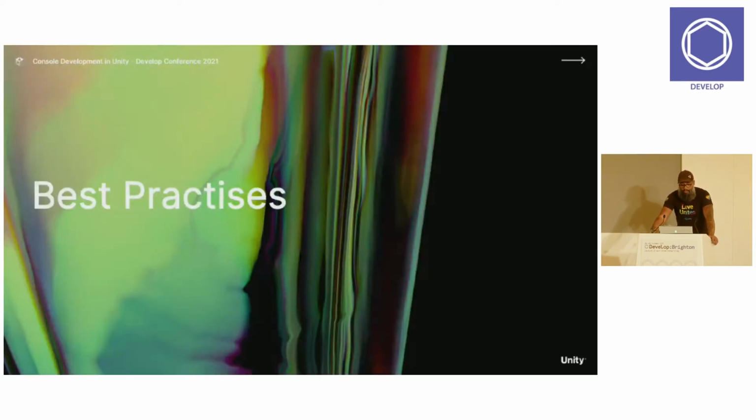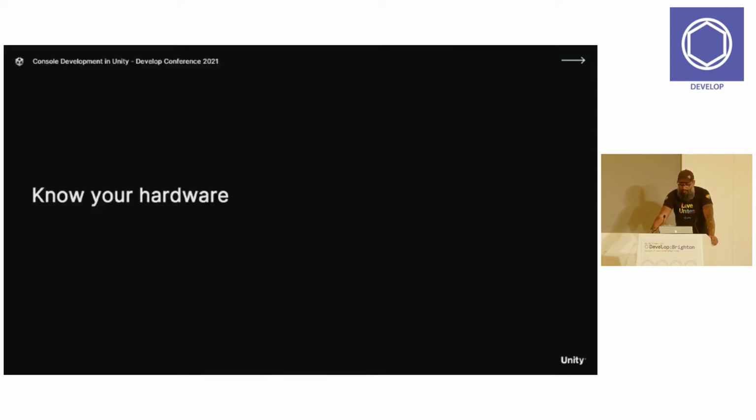So some best practices around development now that you've got your environment set up. Know your hardware. One thing that is really important is you need to understand the device capabilities of the actual machine that you're targeting. What works fine on PC is not likely going to work as well as you expect it to on console. And that's especially true of Switch or last generation. I'm sure a lot of you have really nice gaming PCs that you might develop on as well. Your Threadripper with a 3090 is not necessarily going to have the same horsepower as an Xbox One.